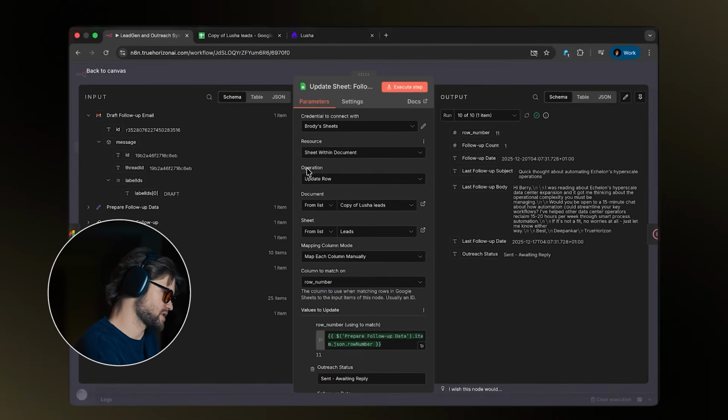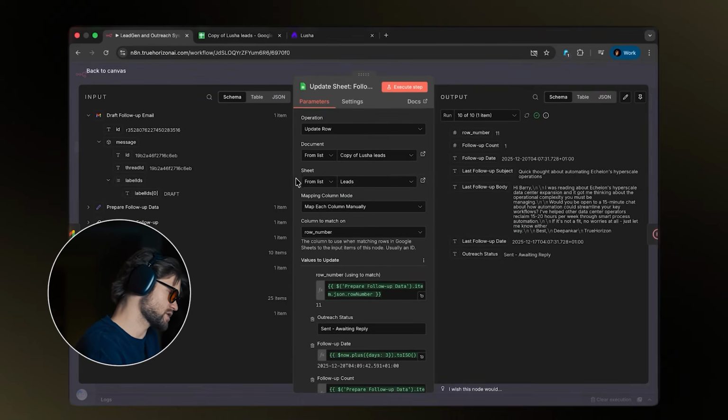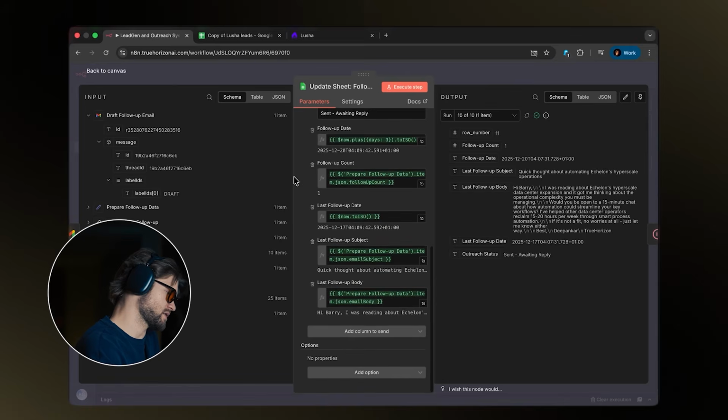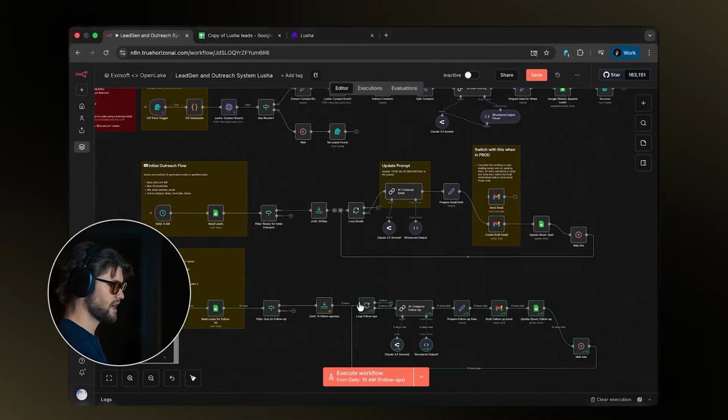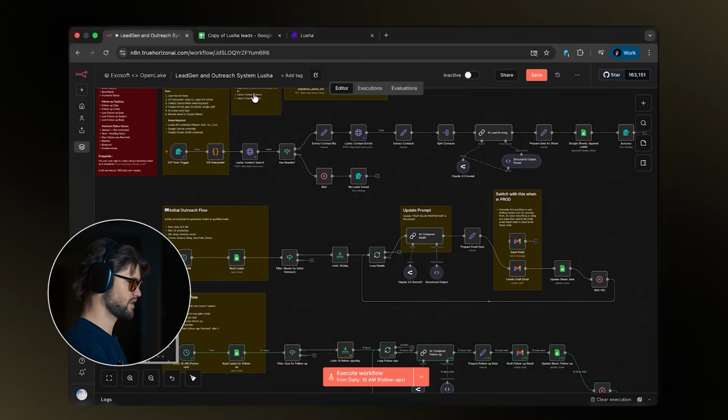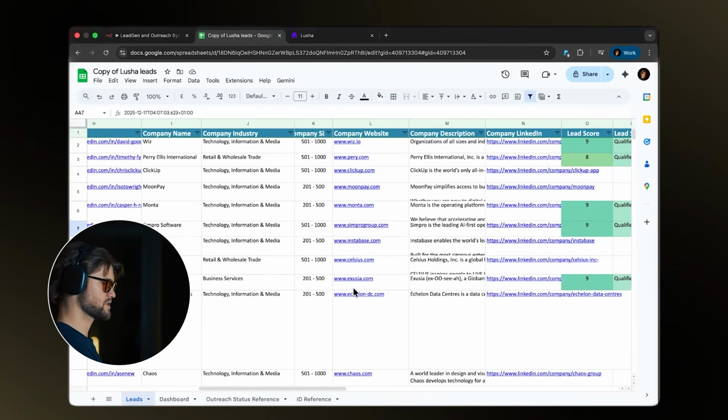And then once again, we'll just send this to update to our Google Sheet. You'll change this to the proper Google Sheet with your credentials. And these are all the fields that we'll be sending. This will all be in here for you already. And that's essentially it. So that will send all the emails and update it all to your CRM Google Sheet